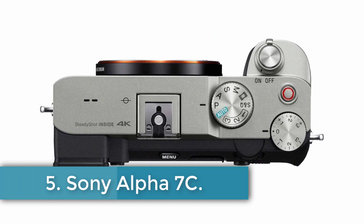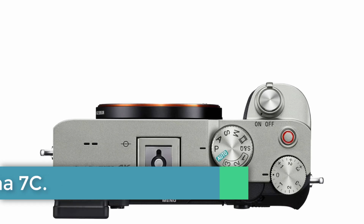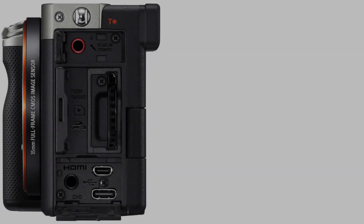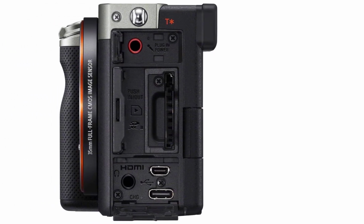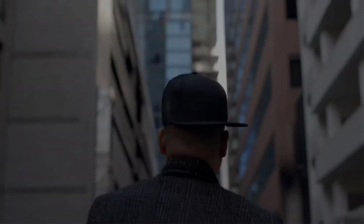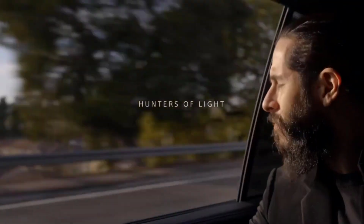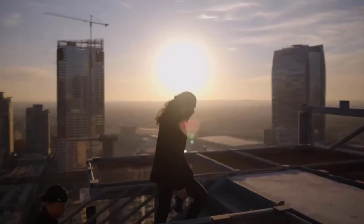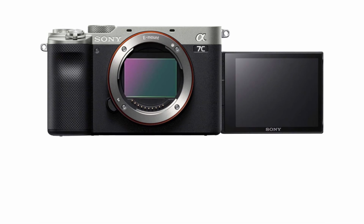Sony Alpha 7C. The Sony Alpha 7C is the world's smallest and lightest full-frame camera, designed with advanced features for photography and videography enthusiasts. It is equipped with a 24.2 MP back-illuminated 35mm full-frame CMOS image sensor, offering exceptional image quality and performance. The camera supports multiple aspect ratios, 16:9, 1:1, 3:2, and 4:3, and provides sensor-shift image stabilization for steady shots. It captures images in JPEG and RAW formats, with an ISO range expandable from 50 to 204,800, ensuring